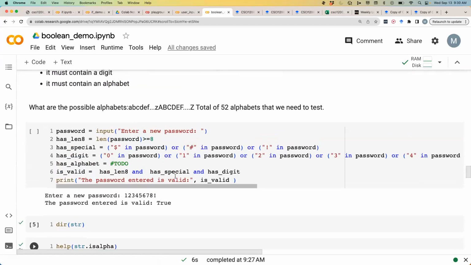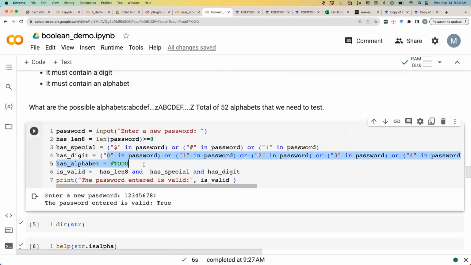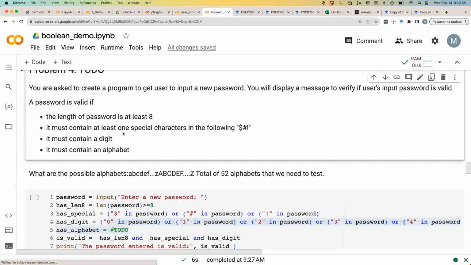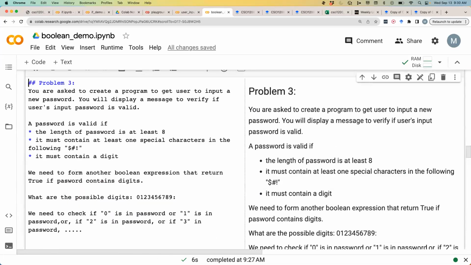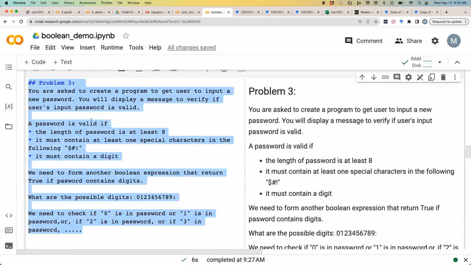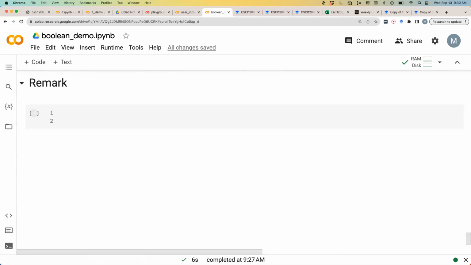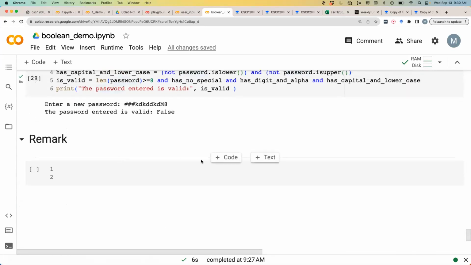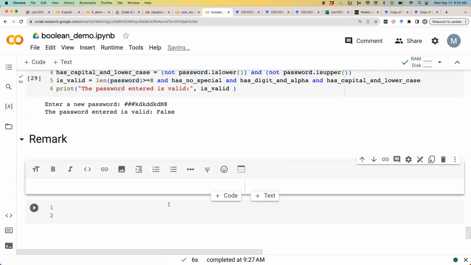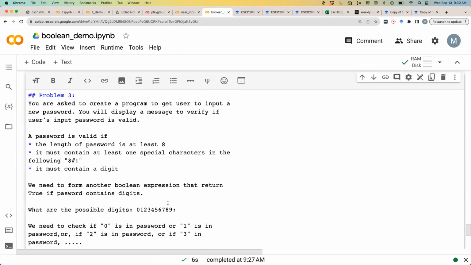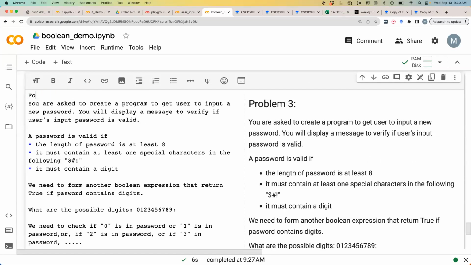Problem 3 and problem 4 require a lot of Boolean expressions to be built. There's no easy way to do it, so I'm going to write it down here. This is extra information for now. We're going to actually look at it after we learn about for loop. Okay, so for problem 3 and for problem 4,